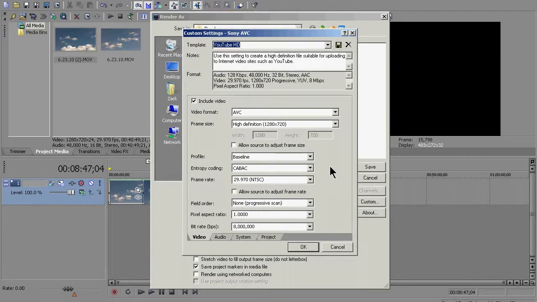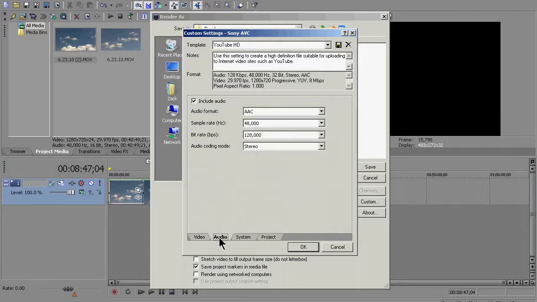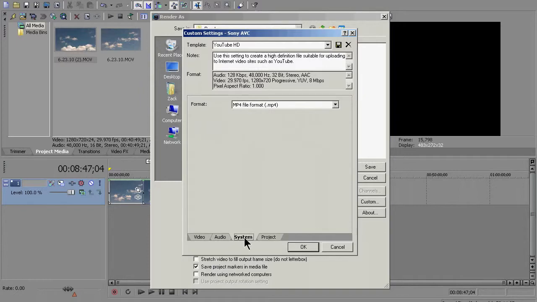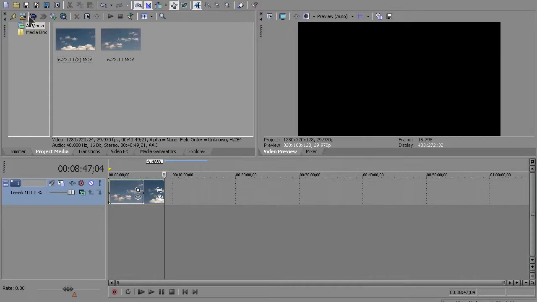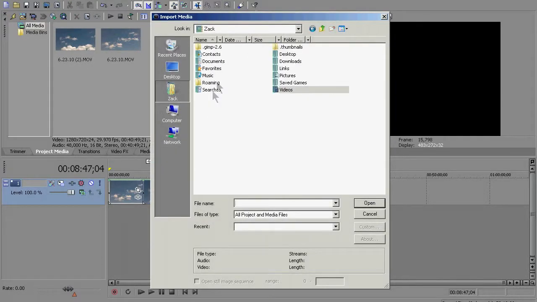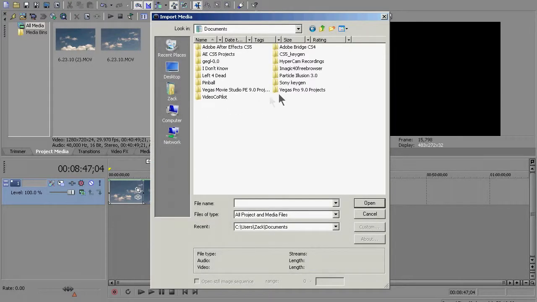If you want to copy this down or duplicate the settings for your own video, you can probably just pause it here. I think I left the audio the same. In the project you want to do best, you're just going to click save. I already did it, so cancel, and then I'm just going to import that part 1,